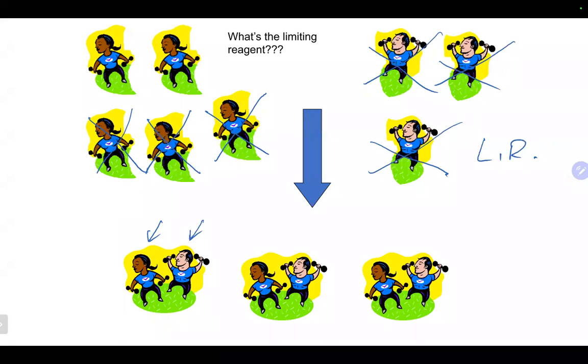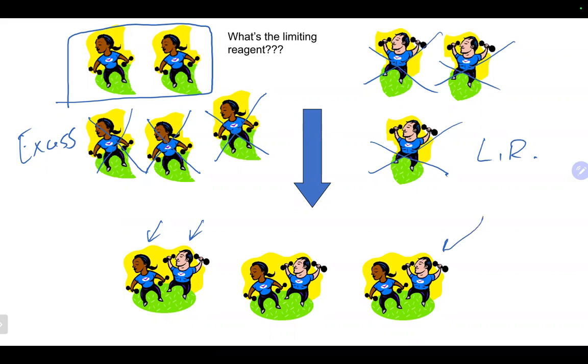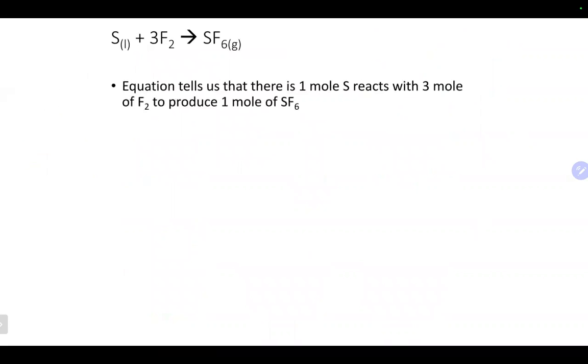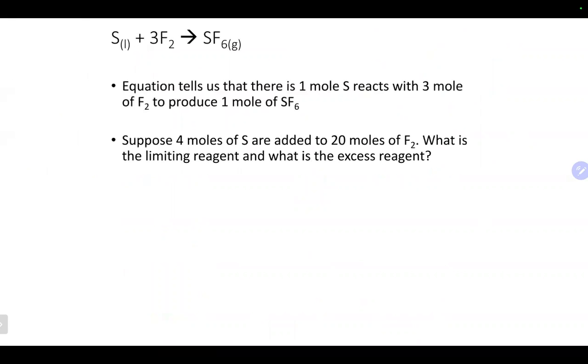And we could also answer the question here, since these would be our excess reagent, we would have obviously 2 left over. So these are very common type questions that you're sometimes asked. And the most common is obviously how much product you would form here. So let's take a look at an equation like this